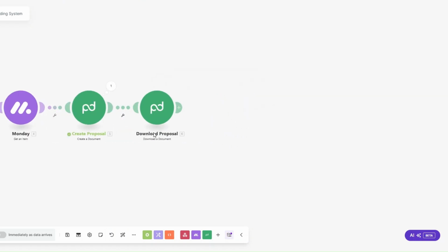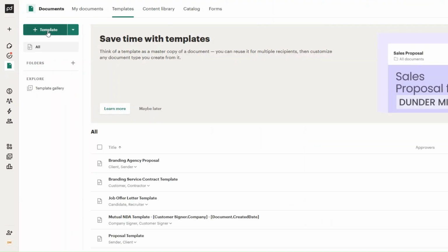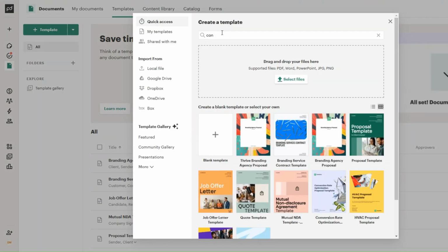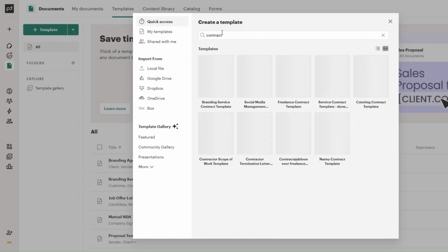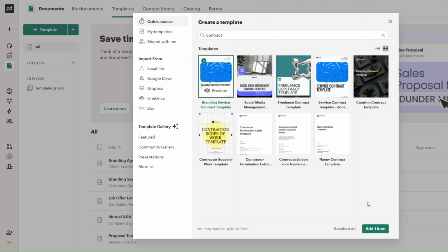Now, we can repeat the same process to create a contract for our clients. On PandaDoc, I'm going to click on templates again. Click on template. This time around, I'm going to search for contract. Now you can use any of these contracts right here and customize it to ensure that it's for a branding agency or for branding services. But since I had already created a branding service contract template here, I'm going to choose our contract template and click on